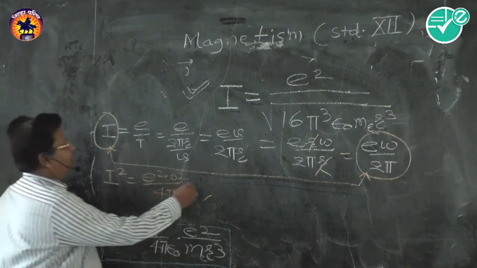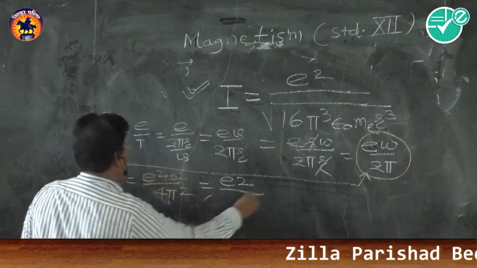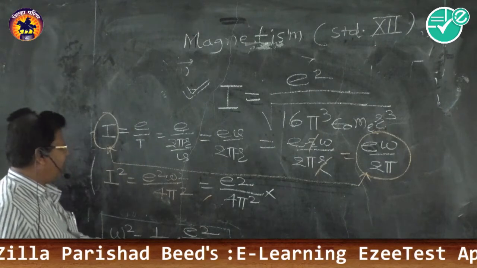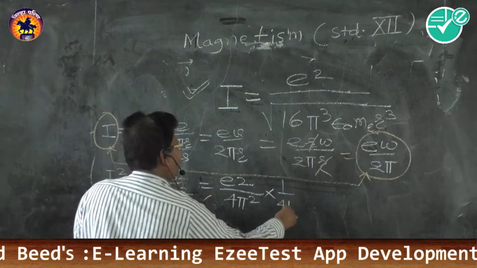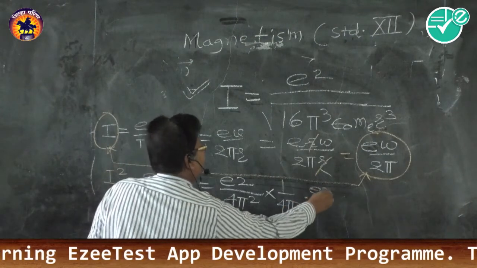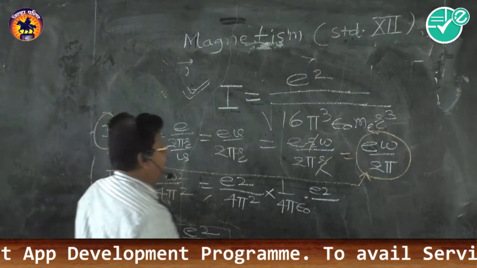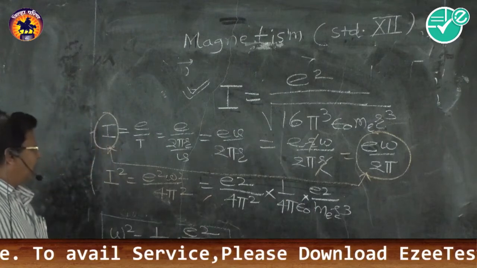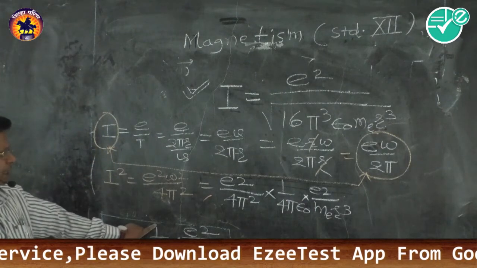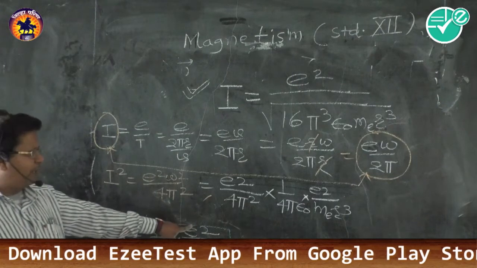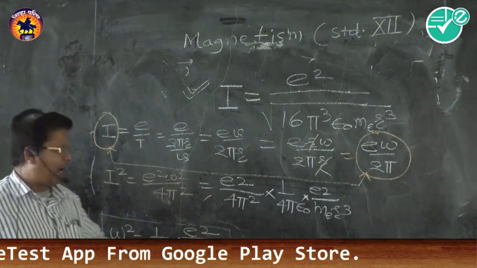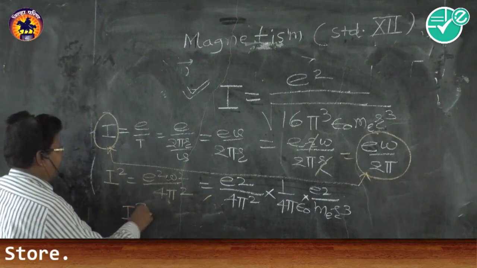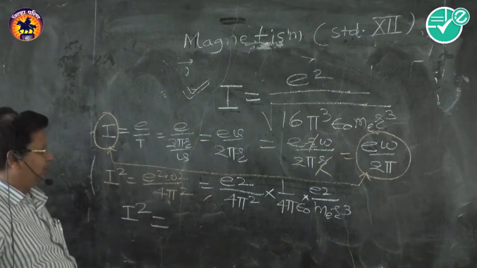So I square is equal to e square divided by 4 pi square into the value of omega square, which is 1 upon 4 pi epsilon 0 e square divided by m suffix e into R cube. So the value of omega is substituted. Now we get I square, which is equal to